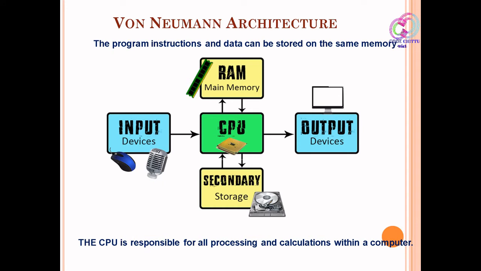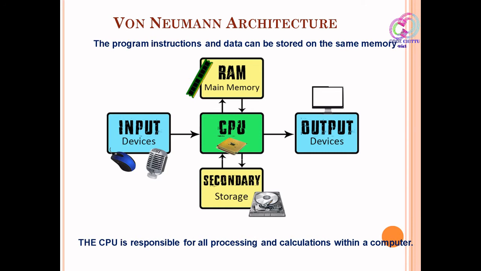First, why do we need the von Neumann architecture? This is just a basic diagram. We give input from the input device to the CPU, and it is processing. While processing inside the CPU, what are the two things it mainly uses? It uses its main memory and also secondary storage, that is the hard disk. After processing using these two, the result is sent to the output device, whether it is a printer or monitor or anything. This is the basic process whenever they start the computing class.